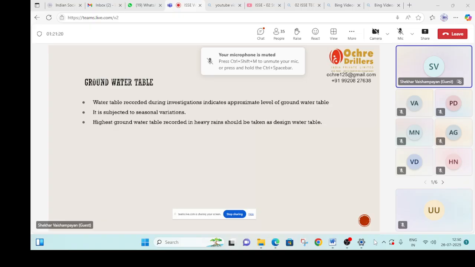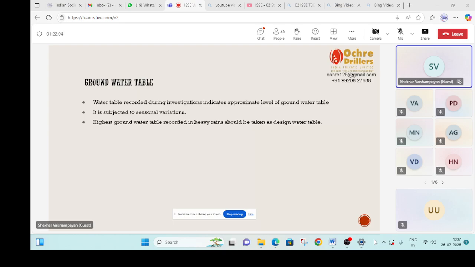As I emphasized earlier also, the water table is a very important object. It is subjected to seasonal variations, and when you do investigation, you get some water table, but that is indicative of the water table in that season. The highest water table will be recorded only in heavy rains. Typically what we have seen in Mumbai is that the water table rises by about 3 to 3.5 meters above the off-season water table. If you go to a place like Ahmedabad, some of you might be there or must be seeing it. What we have noted is, if a sharp shower comes, you will see